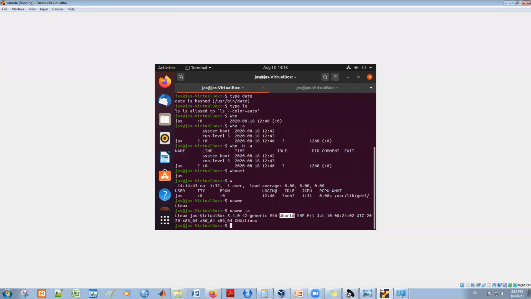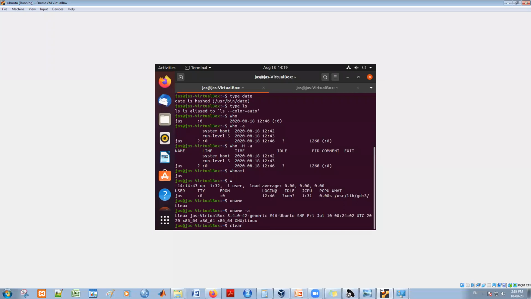sorry, the distribution, your distro, is Ubuntu, and SMP, I think, means multiprocessors. The current system is a multiprocessor system, and then Friday, the current timestamp, and it is returning the UTC time zone. This is running on Intel x86 64-bit architecture, and the version of Linux we are using is GNU, open source Linux. So to know more about the kernel, the machine name, and the operating system name, you can use uname here. Okay, so next